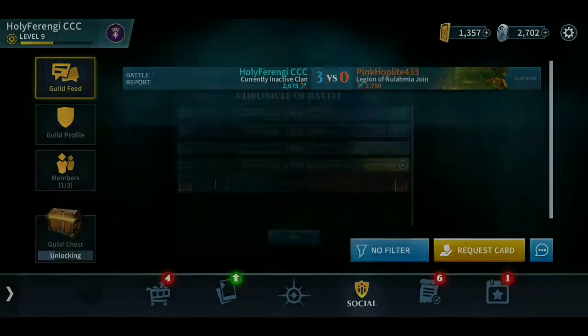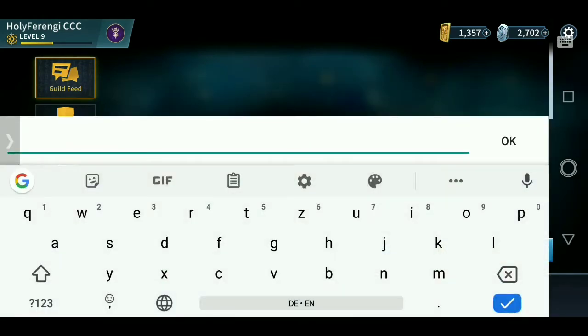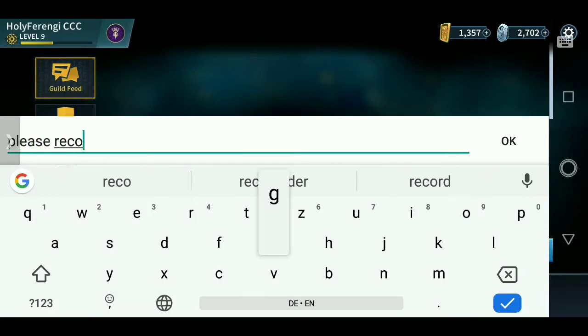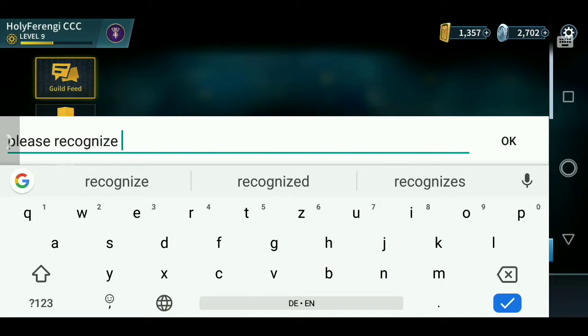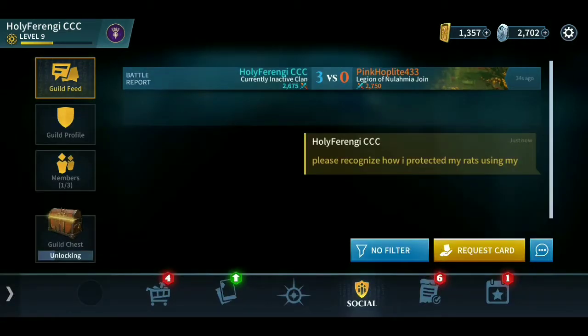And now, okay. Now, let's write something. Please recognize how... oh man, I need to type faster. Protected my reds using my berserkers. Yeah, whatever. So you can, yeah, there it is now. Using my... it's not even... whatever, it's just using my...